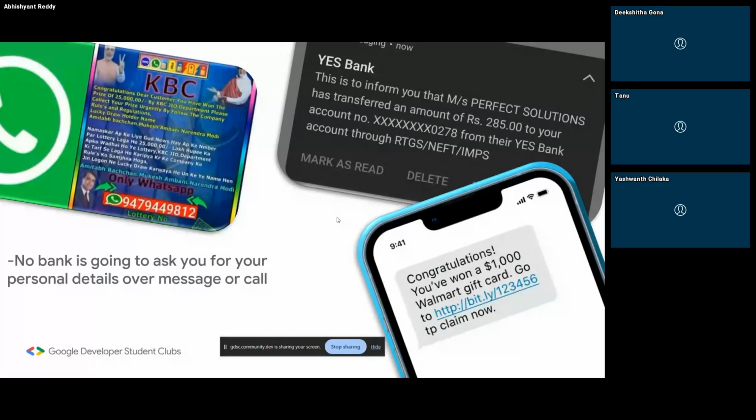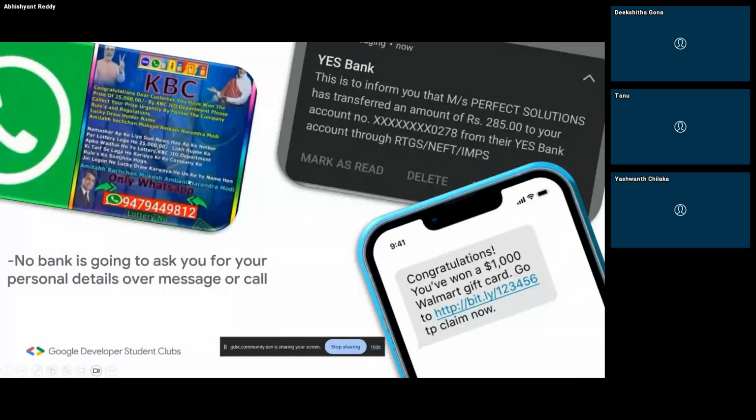So if there are any messages like this, or you have won any gift card, or your bank is giving you some surprise money, do not believe any of it. And even if there is some gift card message and you are not sure about it, go to the official website, call those people and ask them about the information. Do not click on any links, and do not message those numbers asking where are my 25 lakhs.